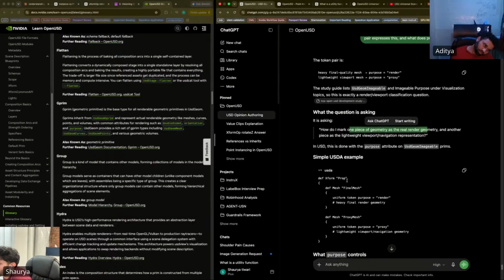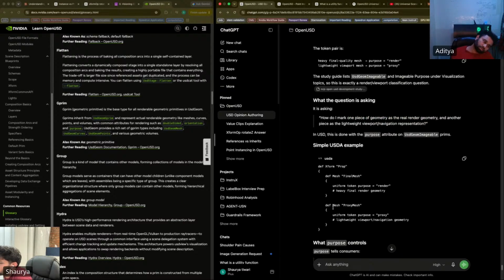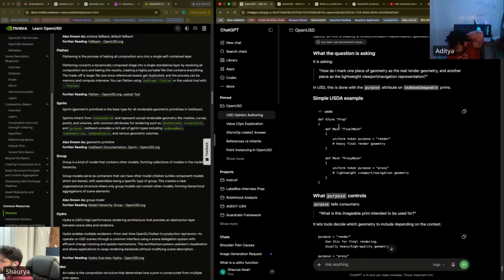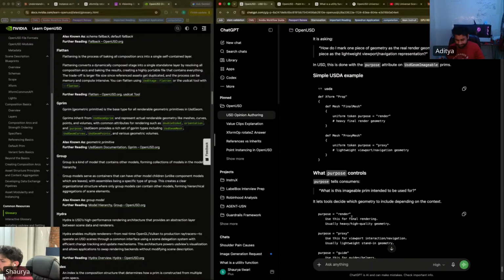Simple USD example: def Xform prop, def Mesh final mesh, uniform token purpose render, heavy final render geometry; def Mesh proxy mesh, uniform token purpose proxy, lightweight viewport navigation geometry. What purpose controls: it lets the tool decide which geometry to include depending on the context.